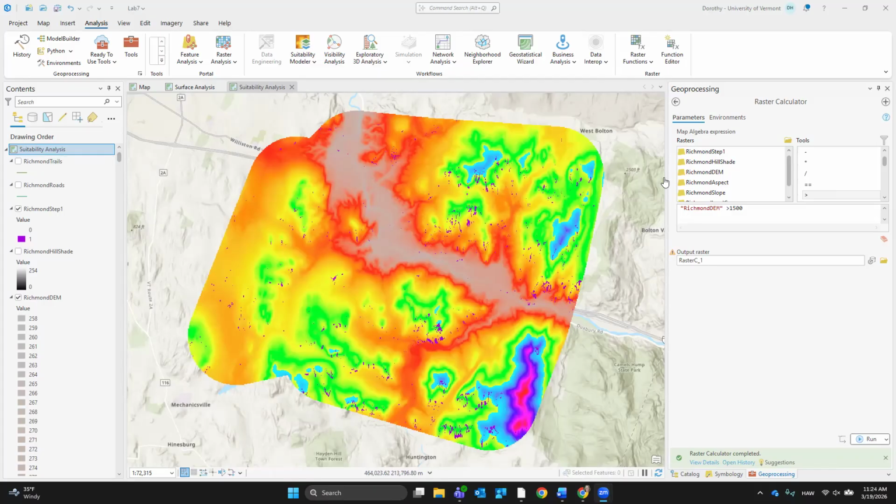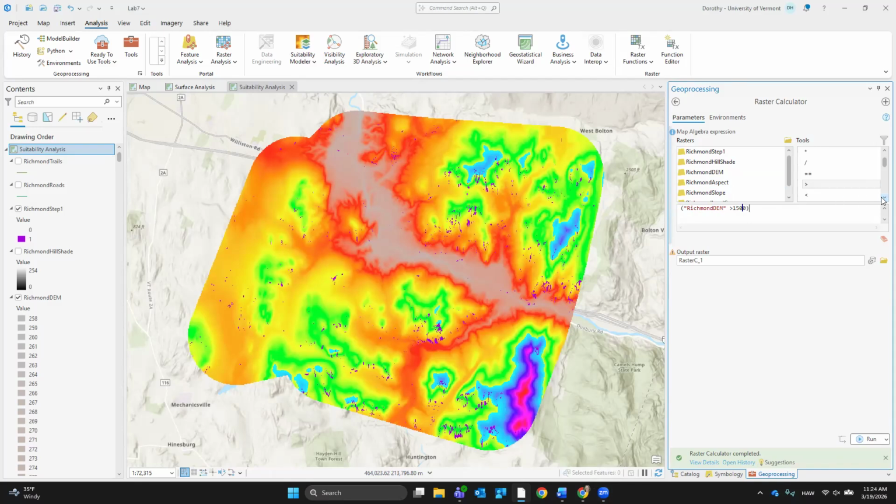So I think I need to look at Richmond DEM, which definitely has higher than 1500, so maybe I'll do that one first. Okay, so Richmond DEM is greater than 1500.